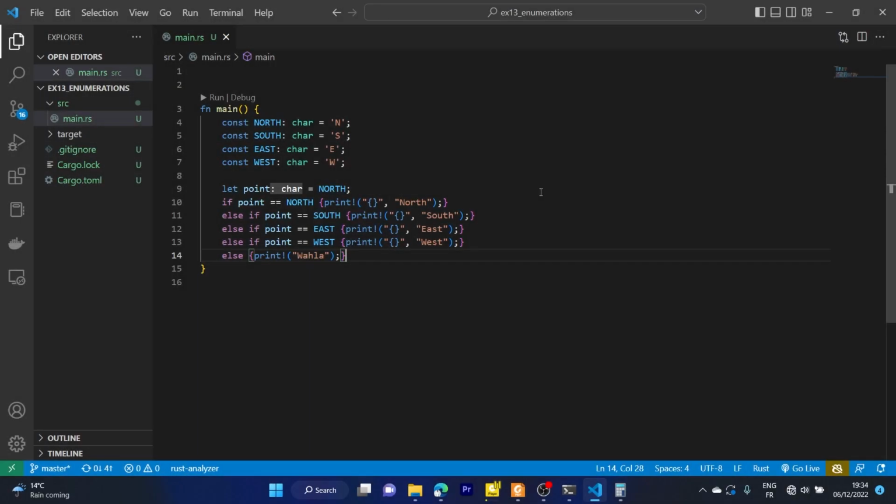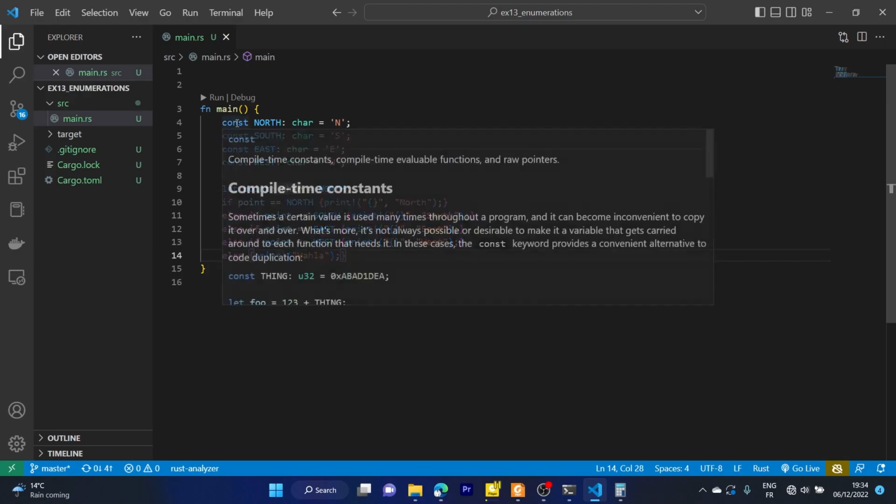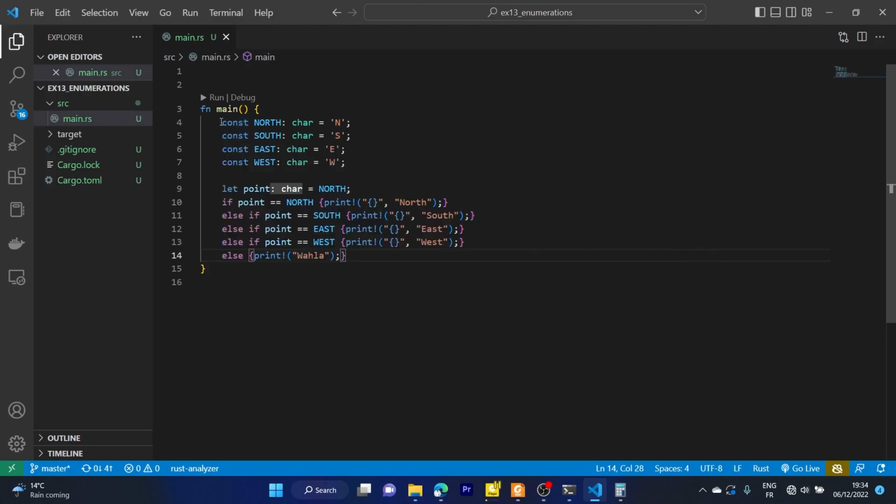Today we'll be talking about enumerations. Previously we talked about constants, and we're going to be looking at them more today. So we look at this code piece. What it does is that we create four different constants to represent the four different basic cardinal points, and then